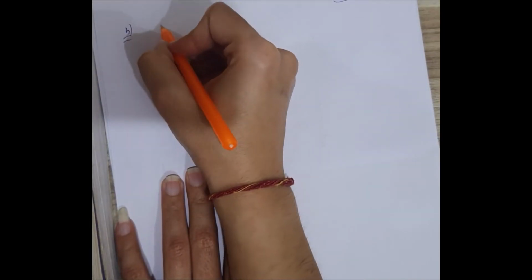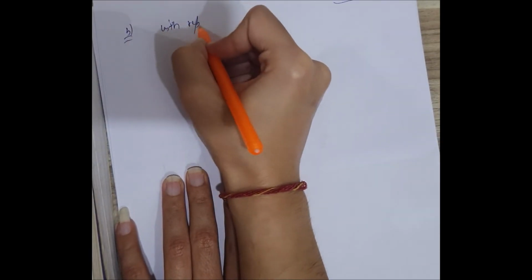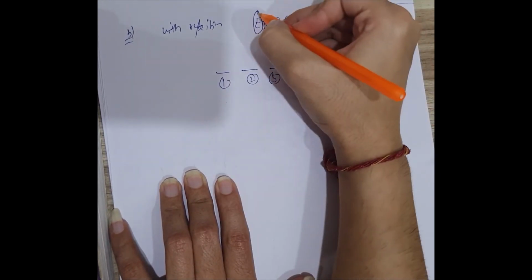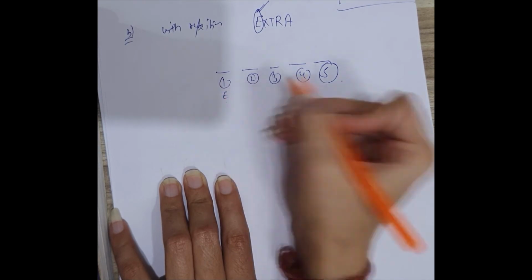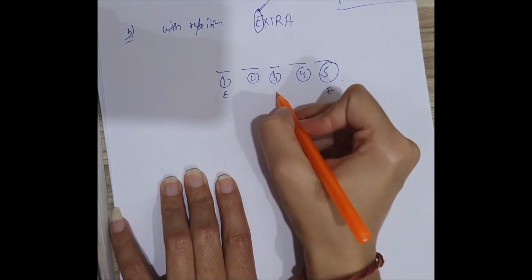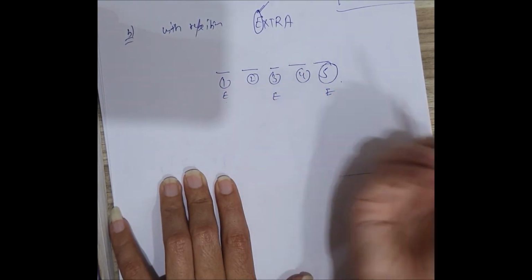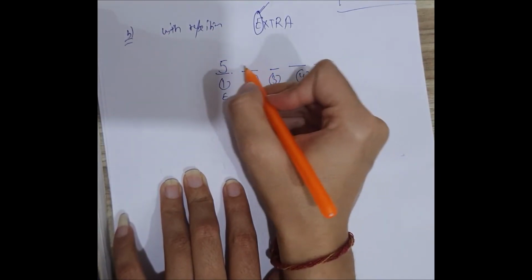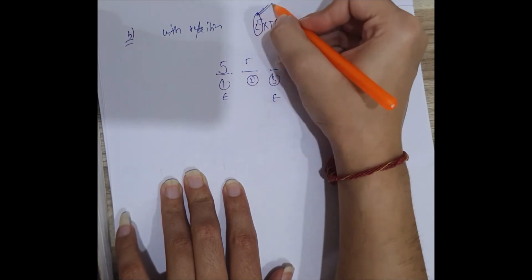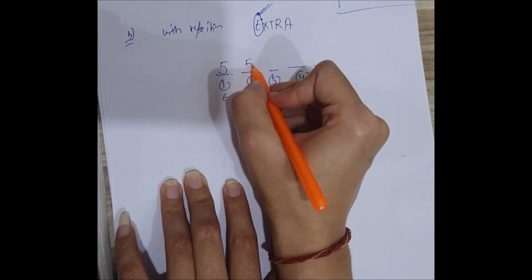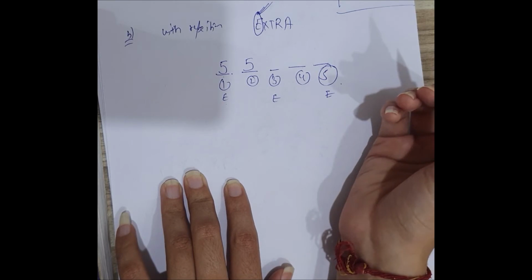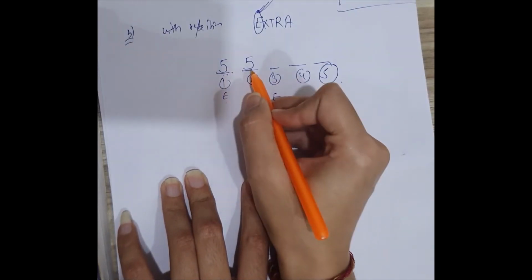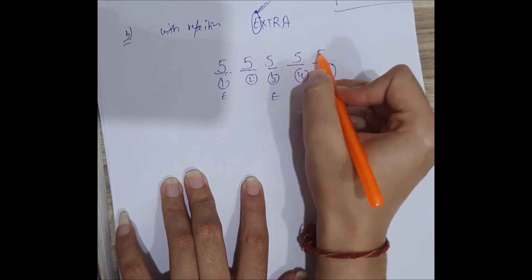Second, with repetition. With repetition, here it means that a 5 letter word is there. Here if I use this E here, then I can use E here also. I can use E here also. I can use E any number of times I want. If 5 choices are there here, then if I use this E in the first case, then I can use E in the second case also, third case also, and so on. So it means that here it has 5 choices, here it has 5 choices.